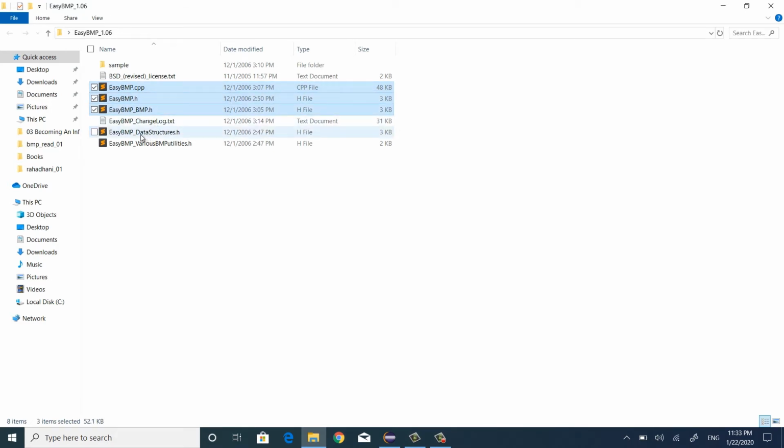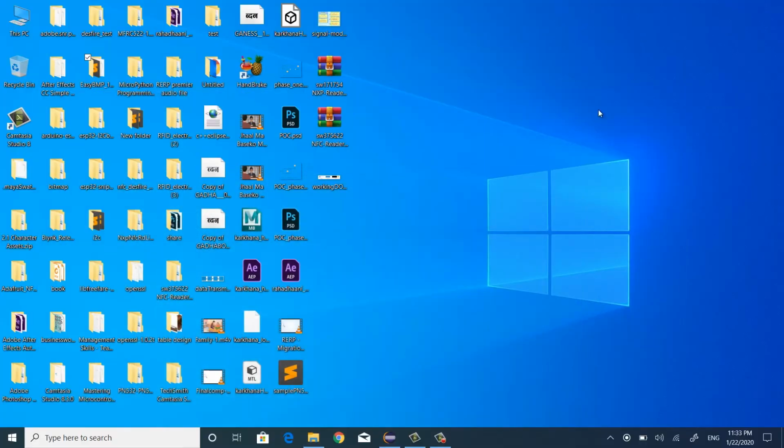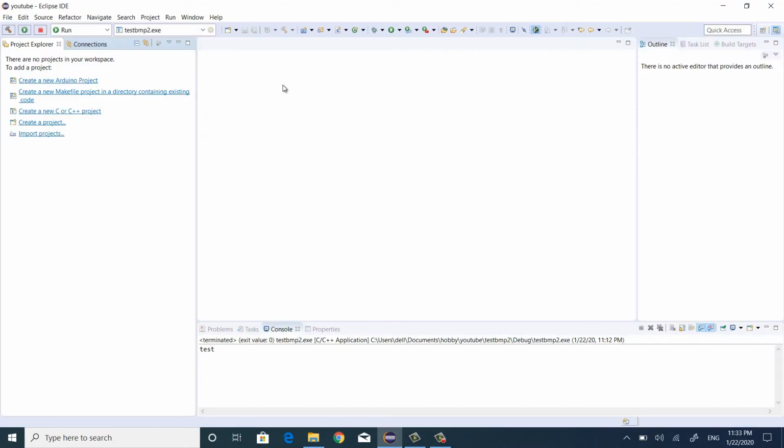So I'm going to copy all the files from this library. If you just type EasyBMP download in Google, then you should be able to find this file. So once you do this,